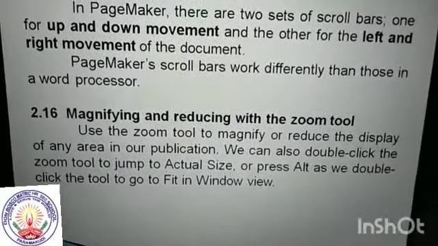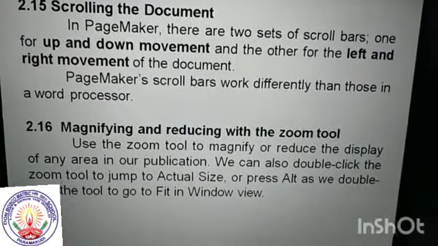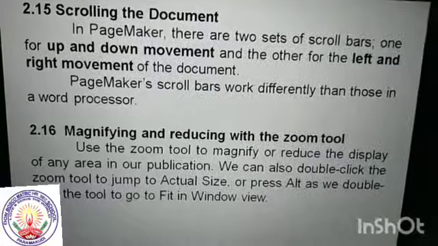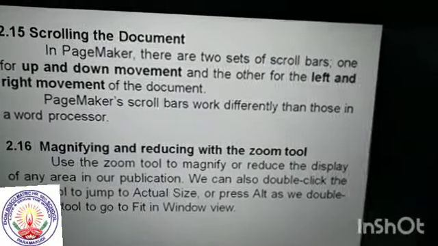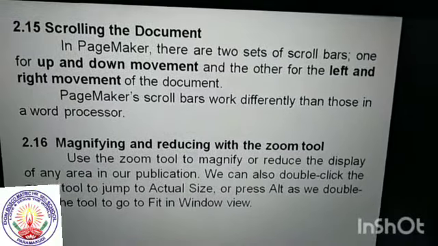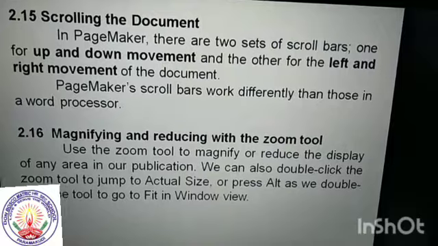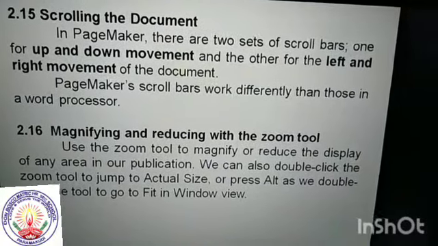And the next concept, magnifying and reducing with the zoom tool. Magnifying means we want a bigger size. Use the zoom tool to magnify or reduce the display of any area in our application.